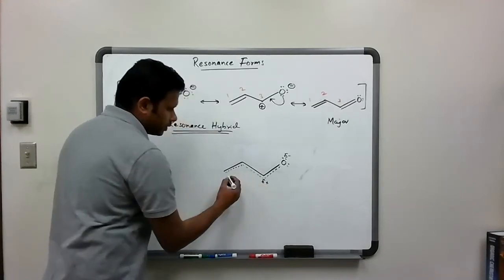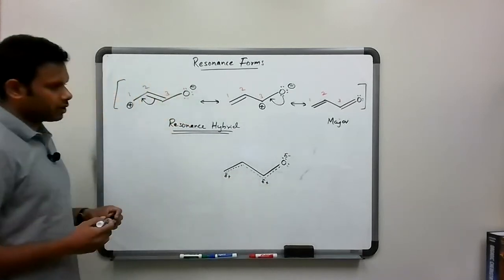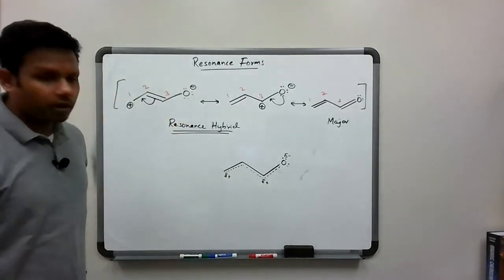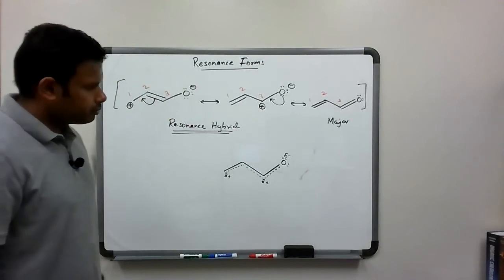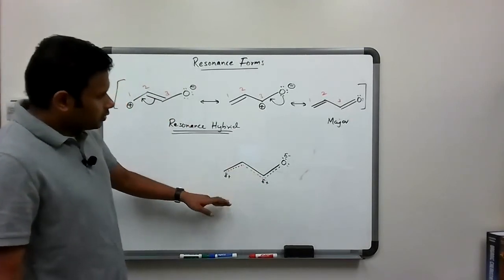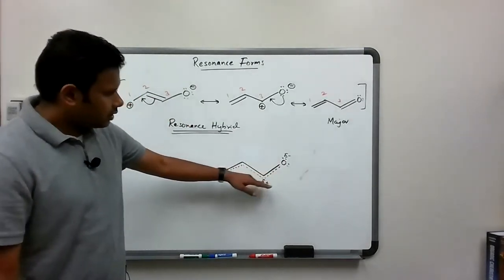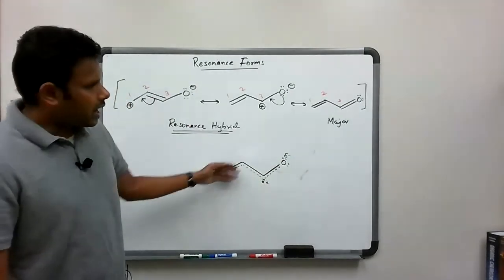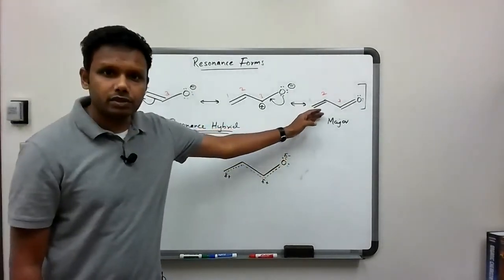If you want to, you can show this delta positive and delta positive, so that there is a partial positive at those positions. But overall, this molecule should add up to no charge,